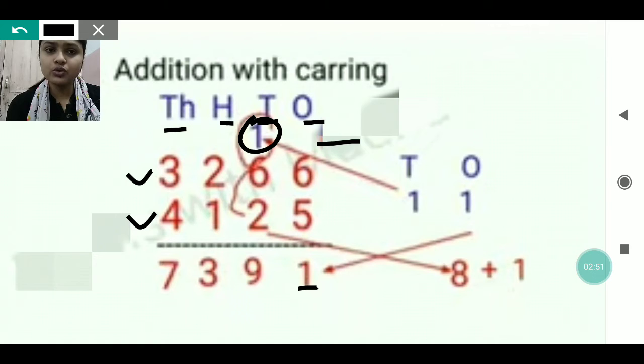Now 6 plus 2 you will get 8, plus 1 you will get 9. So you will write 9 downside. Now 2 plus 1 you will get 3, plus nothing, because the carry was already written and added. So you will write 3 downside. 3 plus 4 is 7. So whenever you are getting a carry, my dear, you have to write it upside of the next number which you are going to add. You write the second digit downside, and upside of the next one you are going to add, you will write the carry numbers.